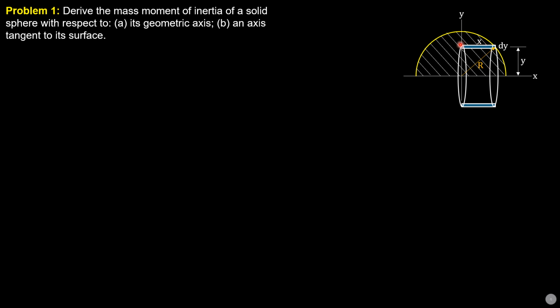So considering a horizontal strip, the length of the strip would be x, the distance of the point on the arc of a circle from the y-axis, and the distance of every element of the horizontal strip from the x-axis is y. So this is r, and by the Pythagorean theorem, x squared plus y squared equals r squared, which is also the standard equation of a circle with center at the origin, derived by the Pythagorean theorem for this case.